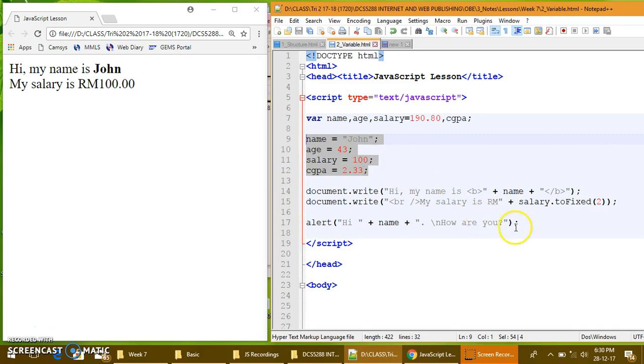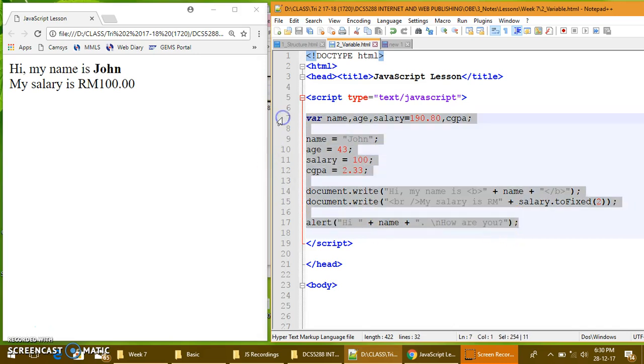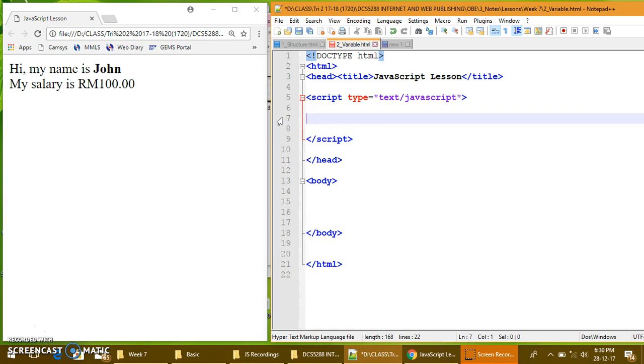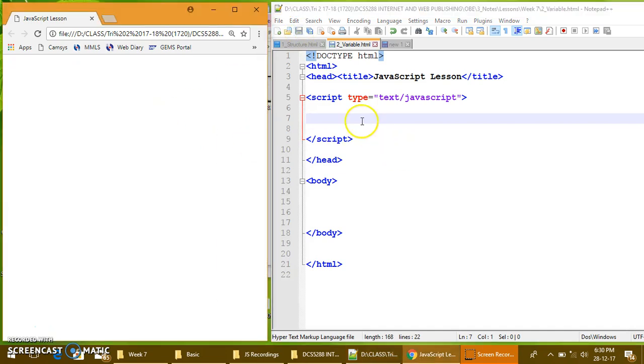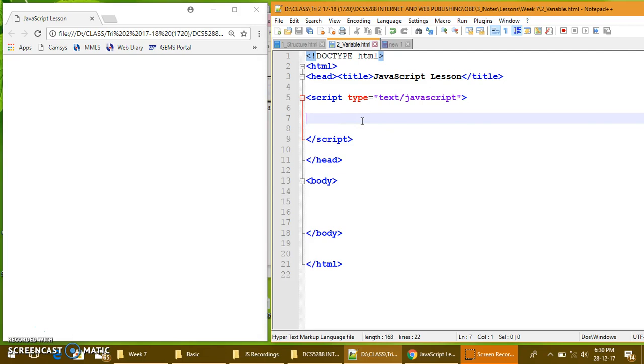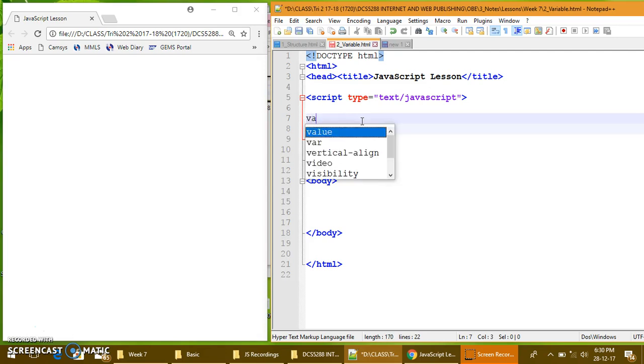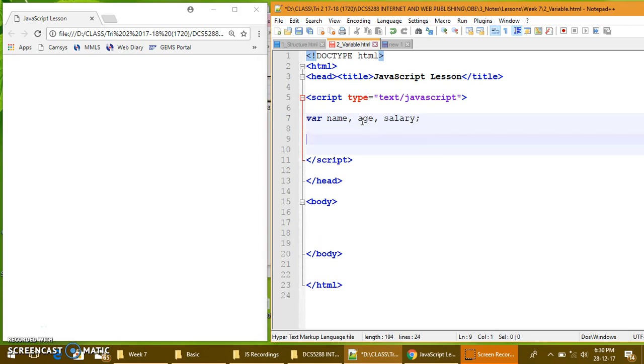Alright. So, let's remove all this. Okay. Let's start fresh. So, save this and we refresh. Okay. So, let's declare some variables. Okay, var name, maybe age, and we need salary. Okay, 3 is enough. So now, instead of hard coding the value, I'm going to ask the user for the